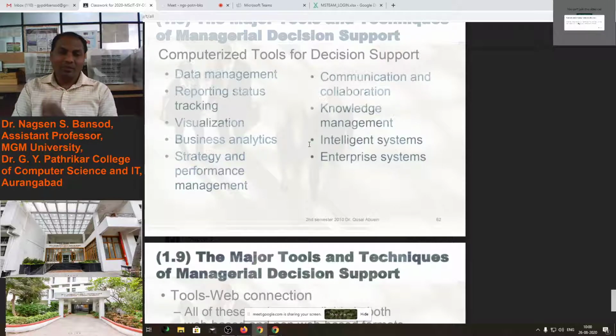So we require the knowledge management tool, which means we will take the experience from various persons, and compare it with previous experience as well as with other companies' managers' opinions about that product, and customers' opinions about that product.